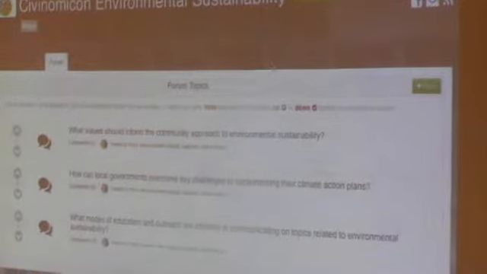You can add forum topics if you just want to know, okay, what values should inform our community approach to environmental sustainability? What are some of the key challenges? Maybe you just want to know, why did we end free parking for electric vehicles at the last city council meeting? Go ahead and ask any question you want. The key thing to do with the workshop, though, is to